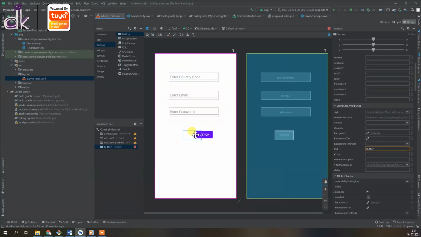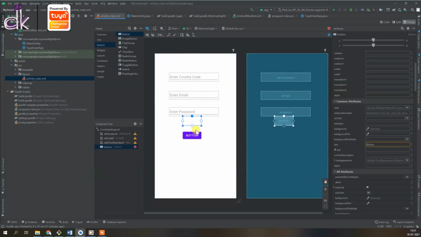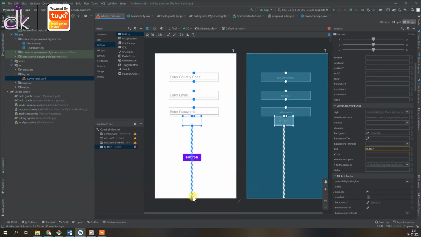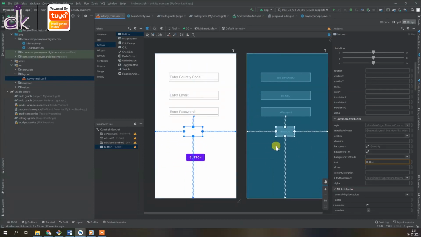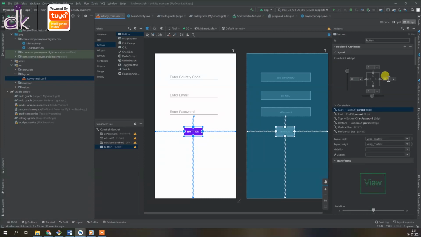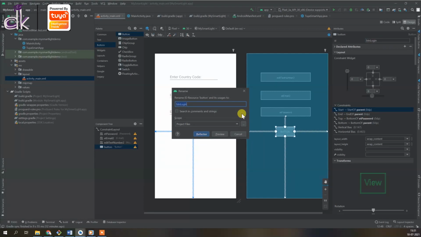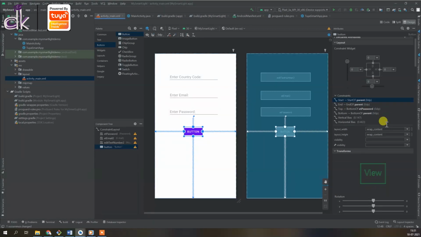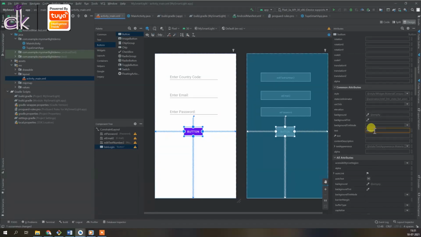So just drag the button to the center and then constrain it to the one above it, and then do the same on all 4 sides. Alright, and we are going to give the ID to this button as btn login. Click on refactor, and then we're going to change the text of this button to login.